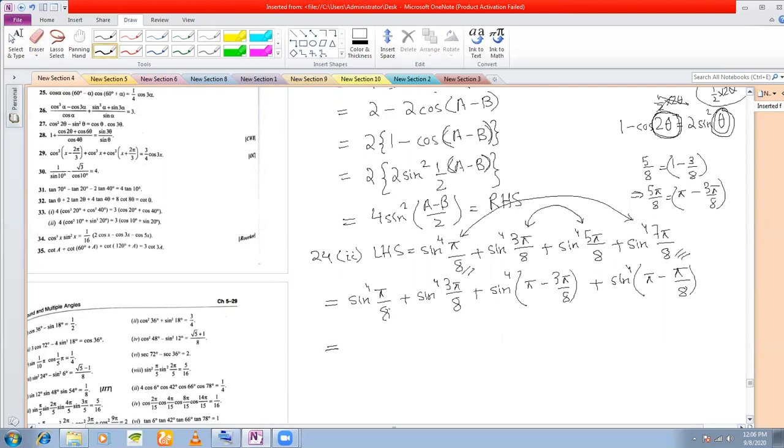See, sine to the power of 4 of pi by 8 plus sine to the power of 4 of 3 pi by 8, I write as it is. Now what happens to this? What happens to this? This is in which quadrant? What you must also notice here is that sine to the power of 4 means sine of this whole to the power 4. Do you agree or not?